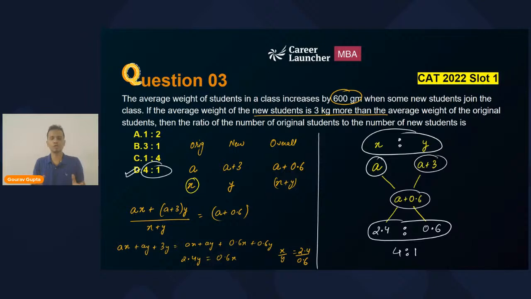Right? So both the methods of solving the same problem are in front of you. If you understand weighted averages, well and good, but you must understand the second method also, because it is a shortcut way of getting the same thing. And this shortcut way is not something that you haven't studied. Allegations must be taught to you in your basic lectures. Okay, so allegations, this is an application of allegations. Allegations is not only applied in the questions of mixtures, but it is applied in these type of questions as well. All right. Okay. So that was question number 3.